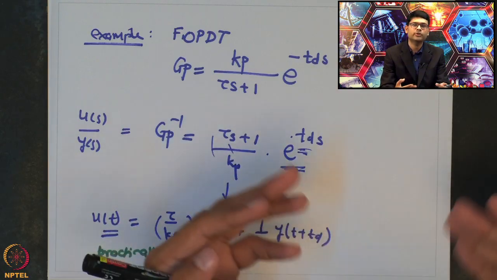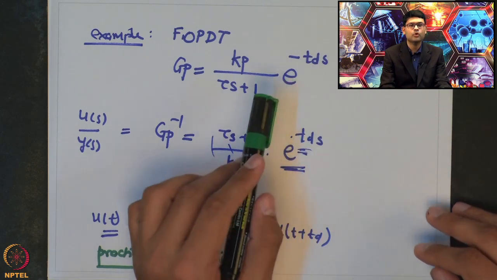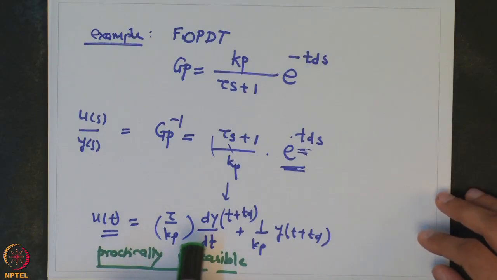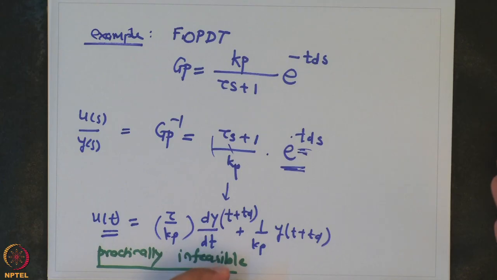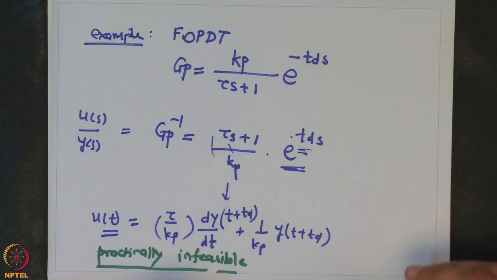So, there is no way you can make your system instantaneous or let this dead time go away by having a model based control. So, physically that is the interpretation that you cannot have an instantaneous control when you have a dead time in your system. In terms of mathematics, this is what you get, which says that mathematically also it is infeasible. What I mean to say is, whatever mathematical form you get, it cannot be practically implemented, because you require future values of the process. So, this is one example that if you have a dead time, you cannot invert the